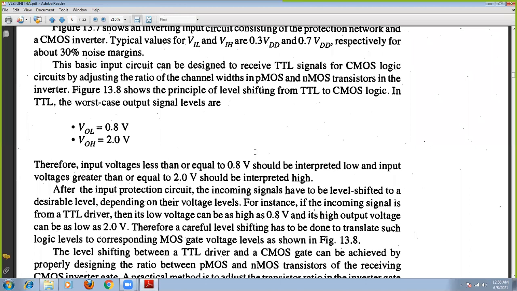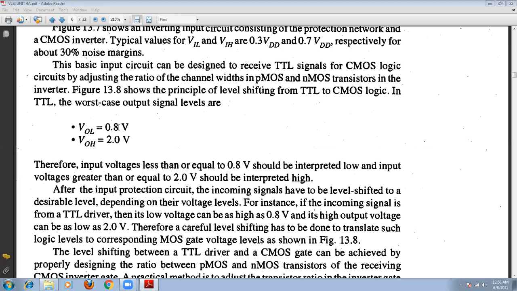So we basically require the TTL signals to drive the CMOS logic. That means here we require adjusting the ratio of the channel widths of the PMOS and NMOS transistors, so that we can get level shifting from the TTL circuit to CMOS logic. In this case, the output signal levels will be 0.8 volts for the low level and 2 volts for the high level, and the input voltage less than or equal to 0.8 volts